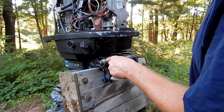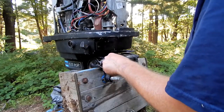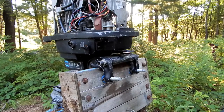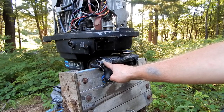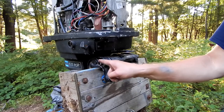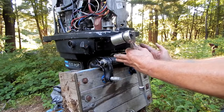And remember, these have nylon bushings in them and they're self-locking. However, I noticed that this one, the bushing's so badly worn that it doesn't really self-lock anymore. So really, I should replace both of those, because if that loosens up, it could eventually just work its way off. Although, I don't see how much of a problem that could cause, because this tube is seized in here. We know that. But, you know,